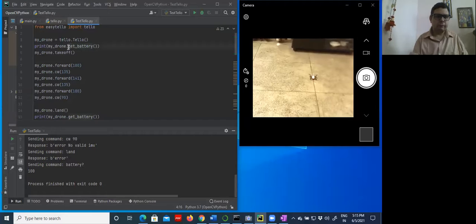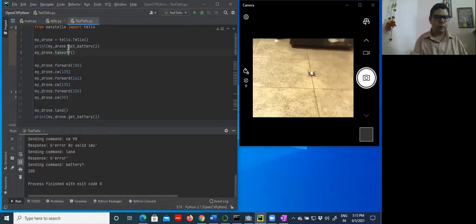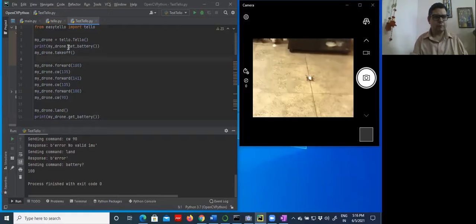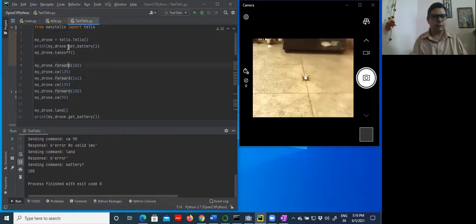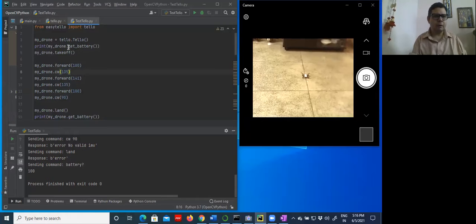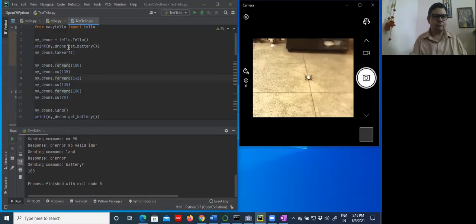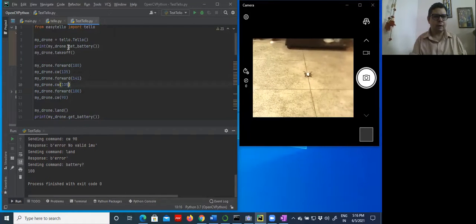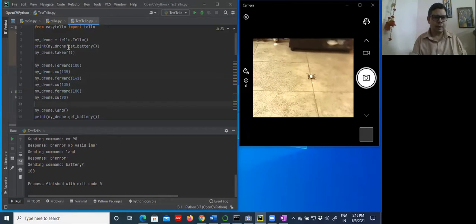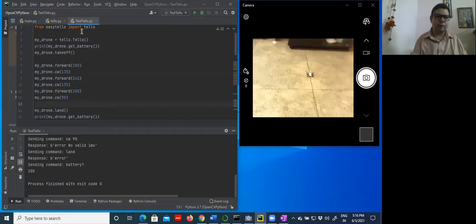So now we have already planned our flight of the drone. I will take off this drone, then forward it by 100 centimeter, then clockwise turn of 135, then forward 141, then clockwise turn 135, then forward 100, then 90 clockwise, and then landing. So this is our whole flight plan.